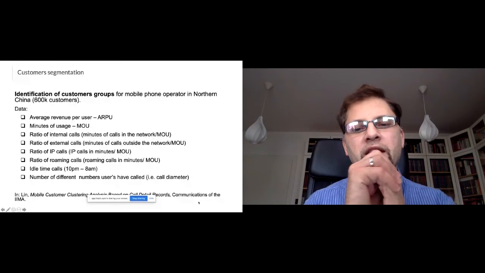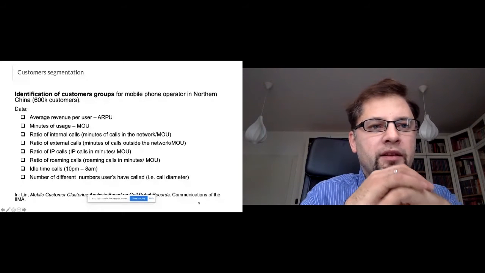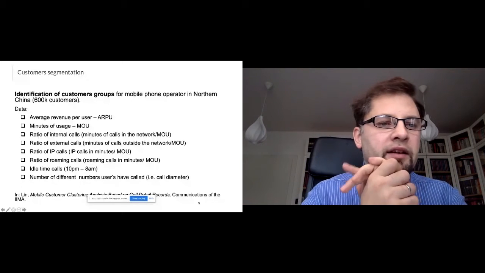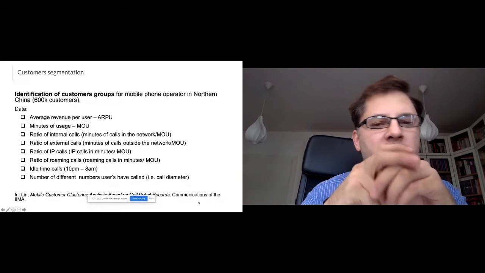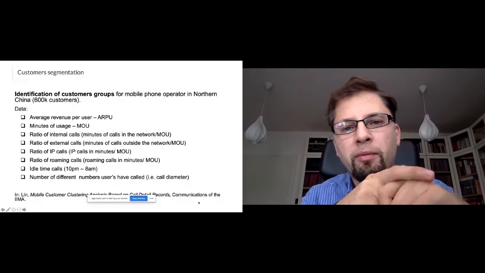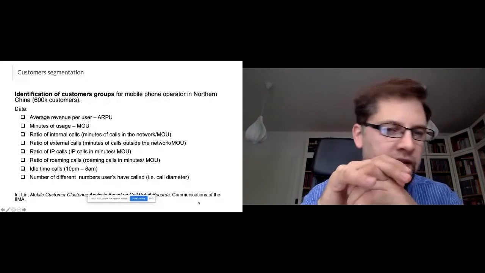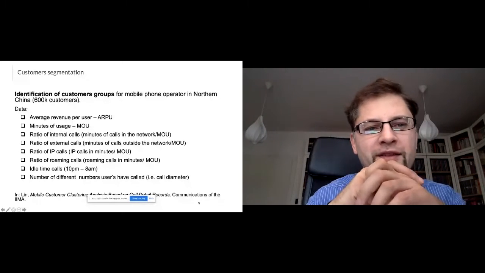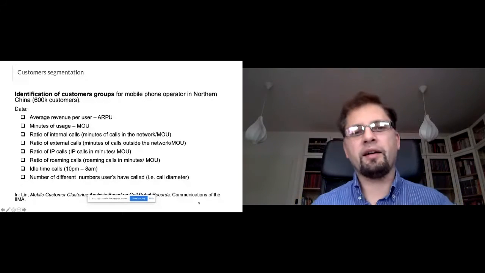First, let me give you an example. This example will be a customer segmentation. It's an example from the literature. So we have customer groups which are supposed to be found for a mobile phone operator. It's not very up to date, because you can see the number of users is very low. So it's only a piece of